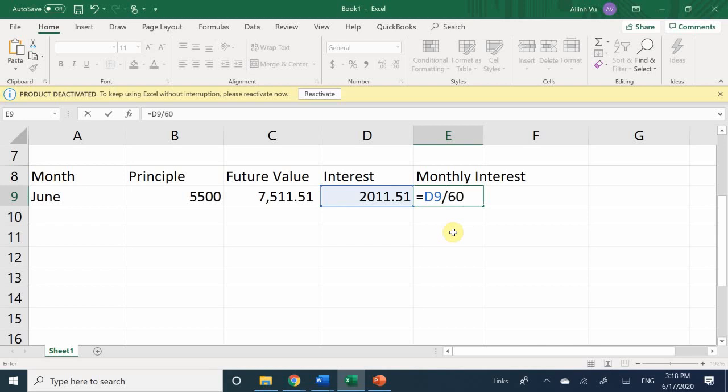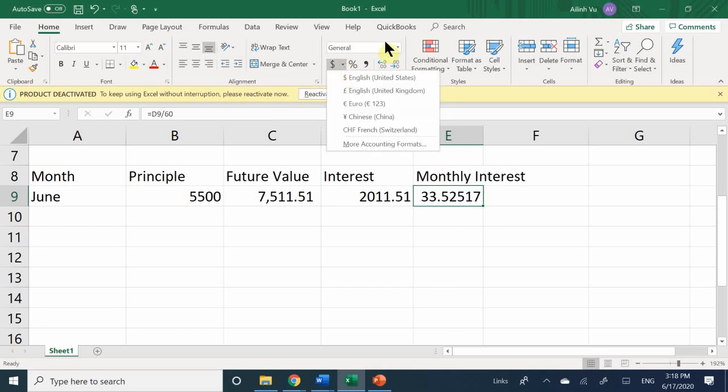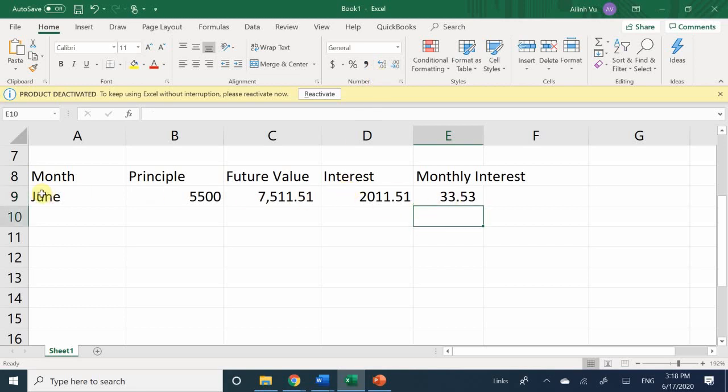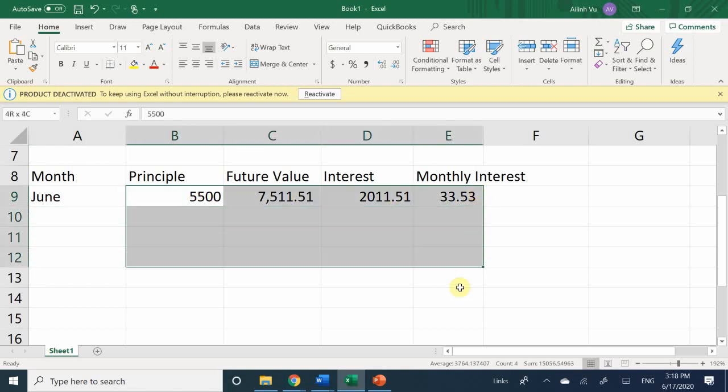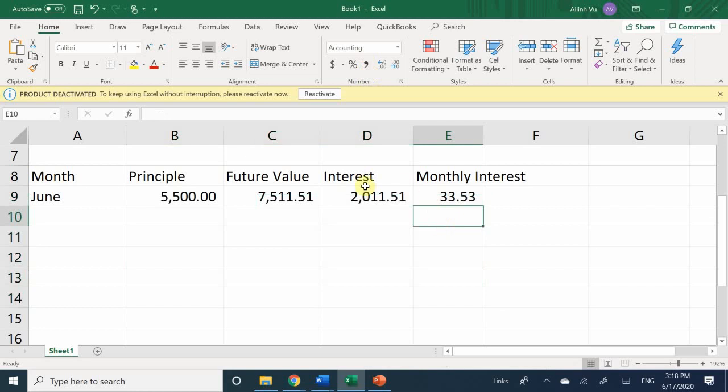So for my first month, my interest is going to be $33 and 53 cents. So let me go ahead and change that. Yes. So that is my monthly interest for this month. So let me go ahead and make this all decimals, okay? So again, my total interest for the 5 years is going to be